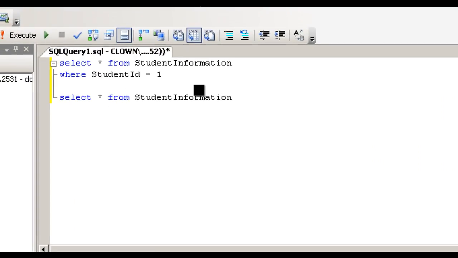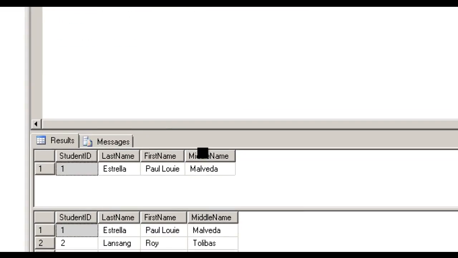There you go. Select all from student information where student ID is equal to 1. The result is student ID, last name, first name, middle name, because we select everything, then where student ID is equal to 1.